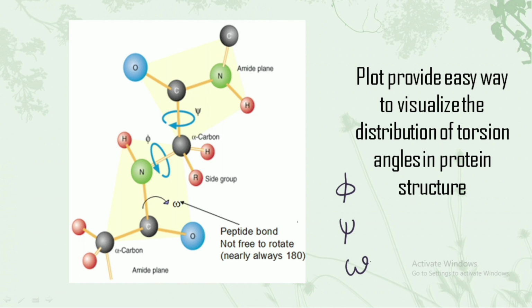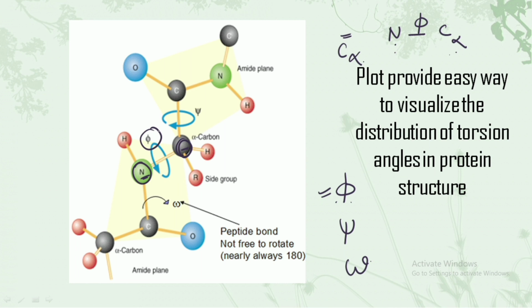So the first one is the phi angle. The phi angle, as you can see, is formed between the N and the C alpha. What is C alpha first? When we consider the position of the carbon in an amino acid, the first carbon is given the name C alpha, and the phi angle is between the N and C alpha. You have to remember this. So you can see between N and the C alpha, we have the phi angle.